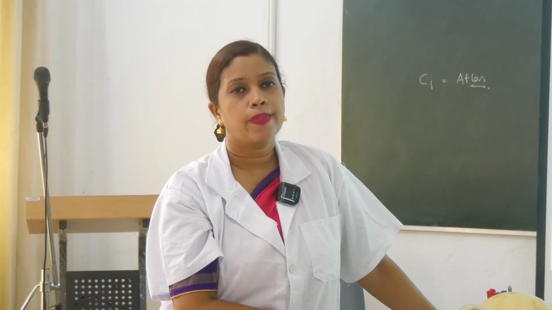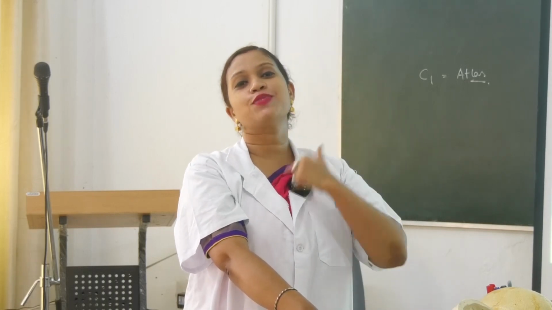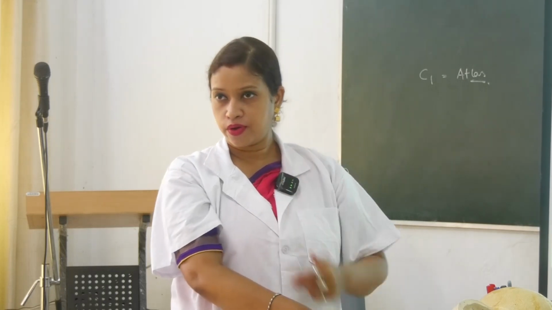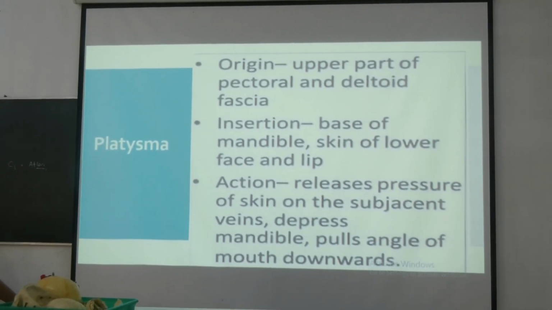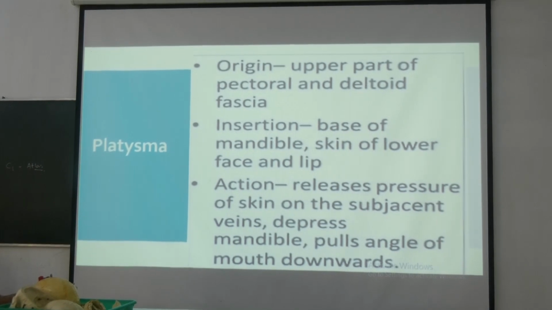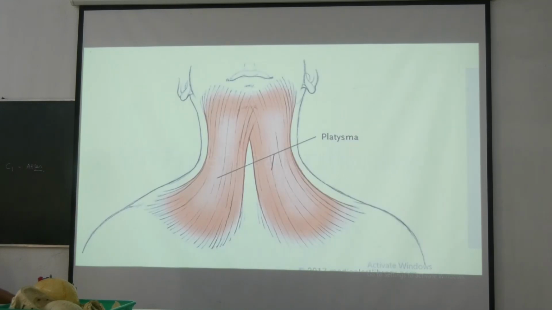Okay, superficial যে vein আছে আমাদের নেকে, could you tell some superficial কি vein থাকতে পারে নেকে? Yeah, it is obviously external jugular vein because it is making one W over here. Okay, and another internal jugular vein where it is going to the jugular foramen, it is going to the brain. ঠিক আছে, তাহলে সুপারফিশিয়াল ব্রাঞ্চ যদি থাকে, কার ব্রাঞ্চ? এক্সটার্নাল জুগুলার ব্রাঞ্চ। ওকে, সো সেই প্রেসারটাকে রিলিজ করছে। ওকে, সো দিস ইজ দ্য ফাংশন অফ প্লাটিজমা।